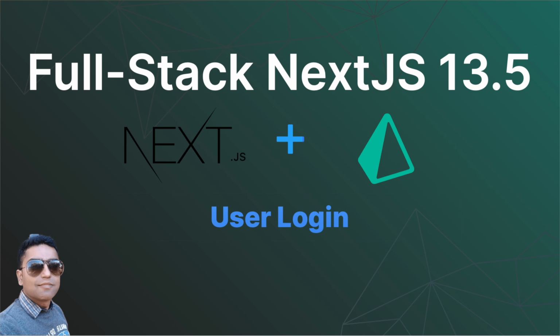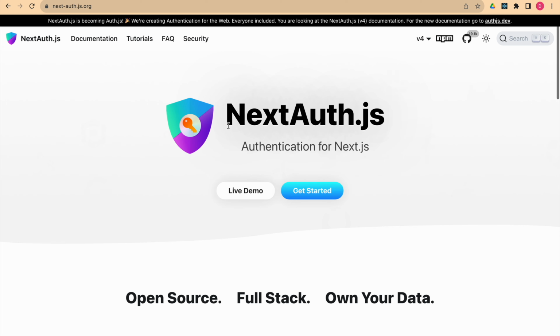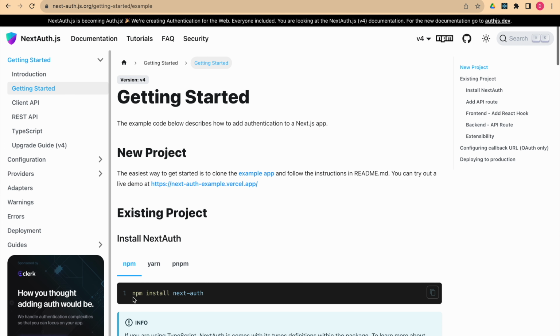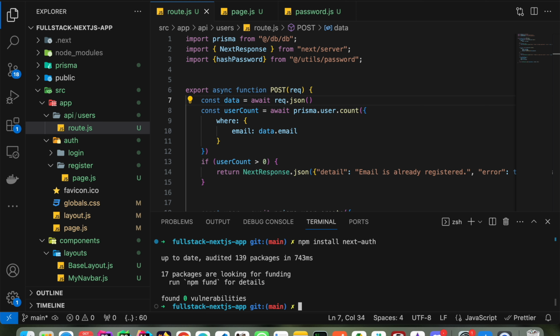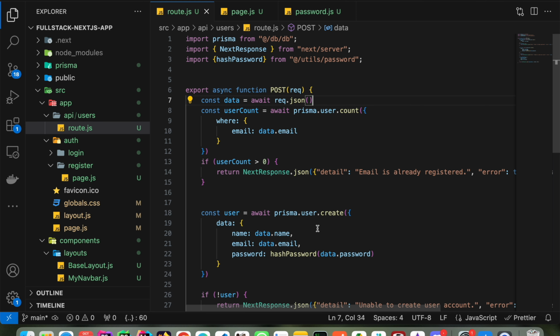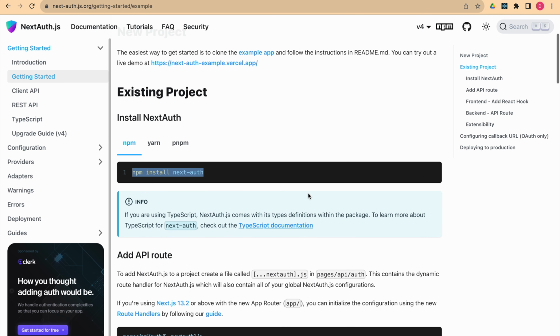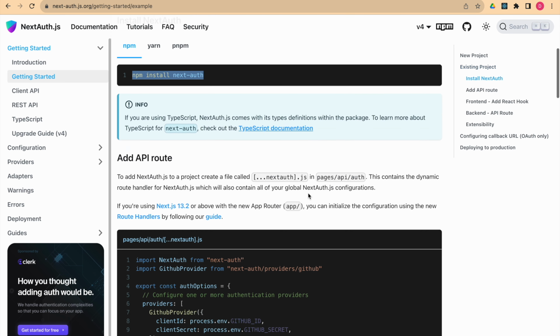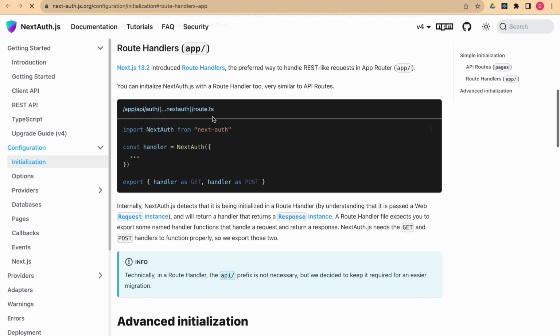Let's start working on the login. For that we need the NextAuth, right? So we can go here and install NextAuth using this npm command, npm install next-auth. So this is installed now, and we need to configure this. We want to use Prisma, right? So for configuring this, we can go to this guide for the app router, and you can see here we can configure like this,